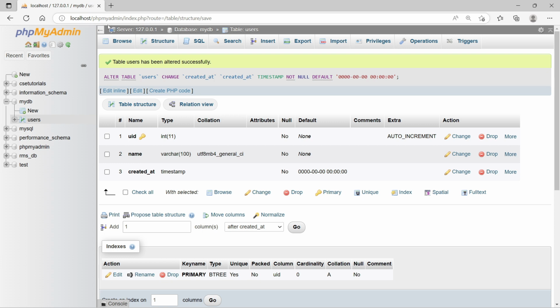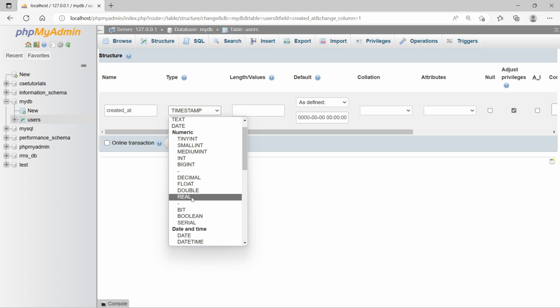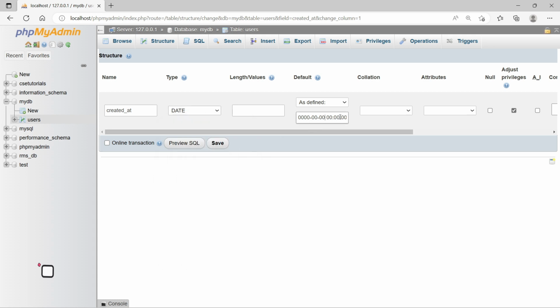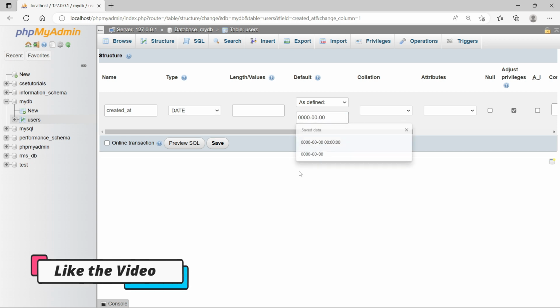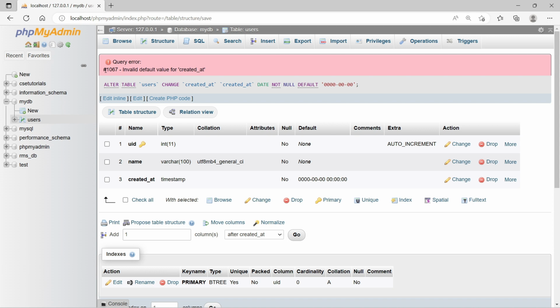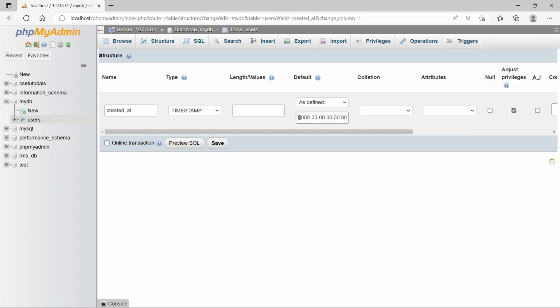If I try to update this again and provide zero values here, it will show the error 1067 invalid value, because we have applied those restrictions again, so it will not accept zero values. So the second solution is to not provide zero values, and simply provide some other values.